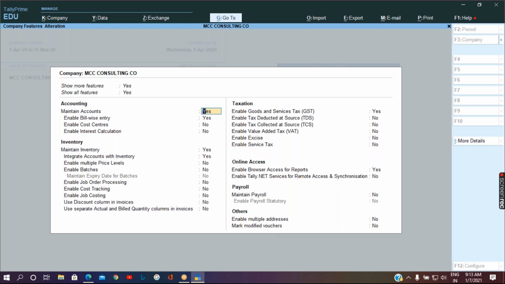Almost all the options relevant to accounts, inventory and taxation will be in one of three places: either as a shortcut key, or as a configuration setting in F12, or in the F11 company features screen. So you can find it in any of these three ways.